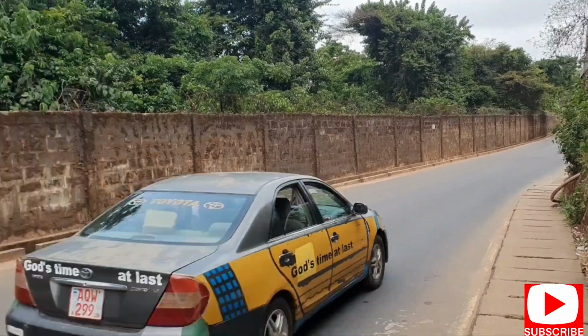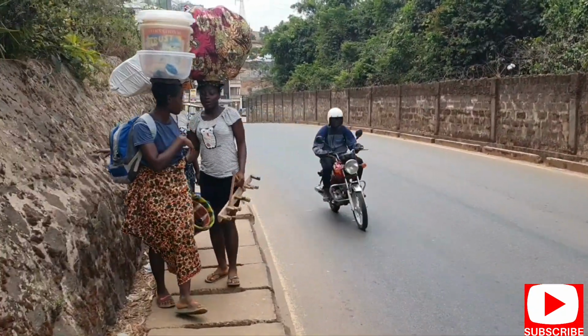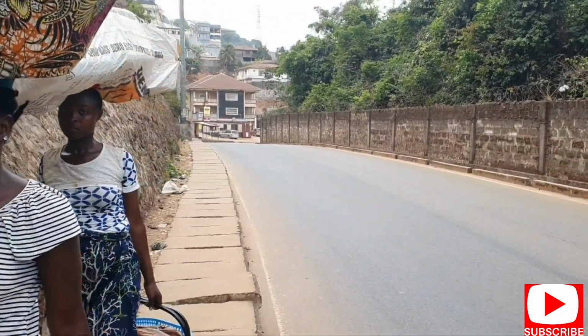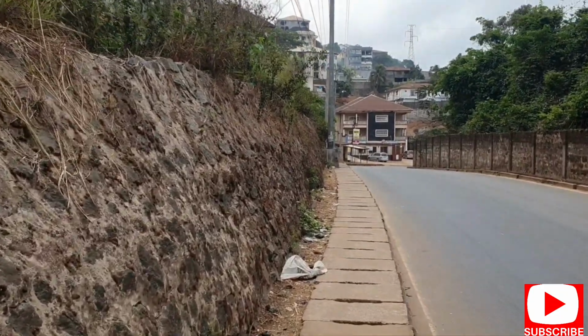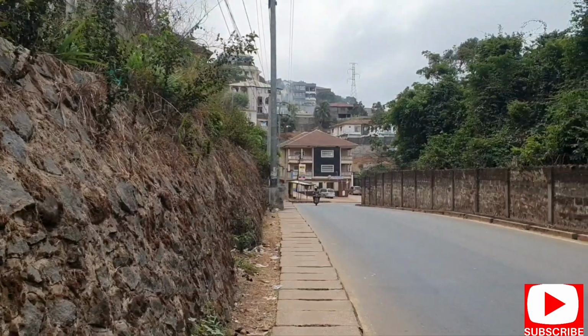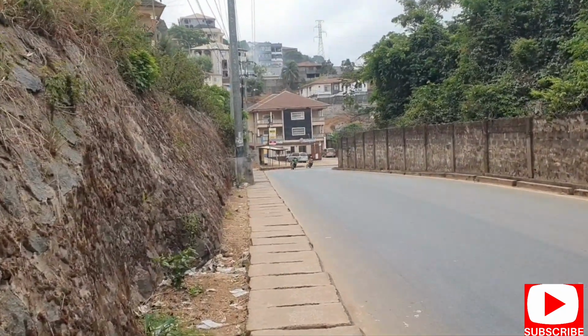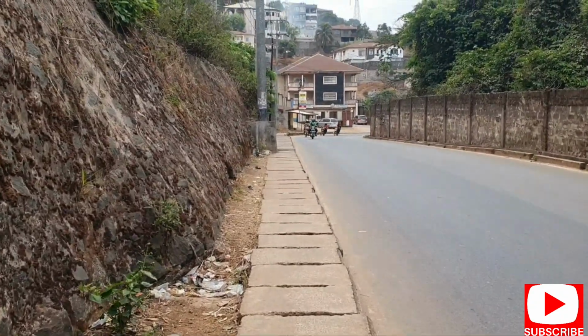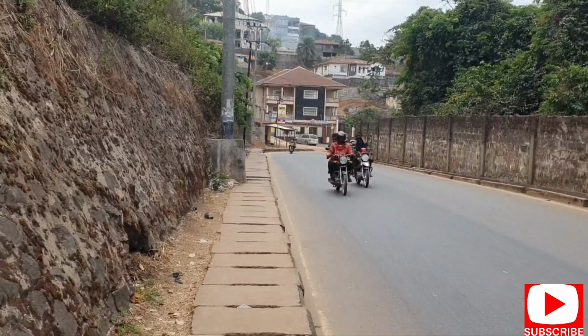So this is exactly where we are, and we are making our way now to the final stop or the end of the vlog, as we have cleared the embassy. We are still on that main road that we used, at this particular section, making our way to IMATT Junction. So we continue, and of course